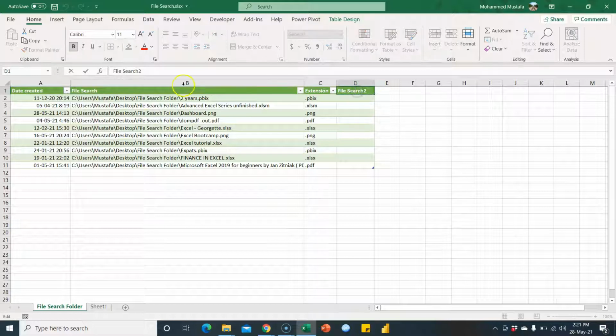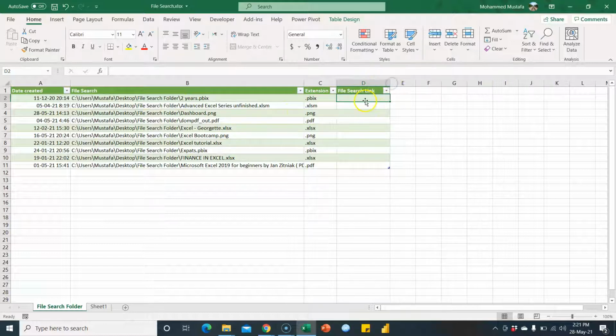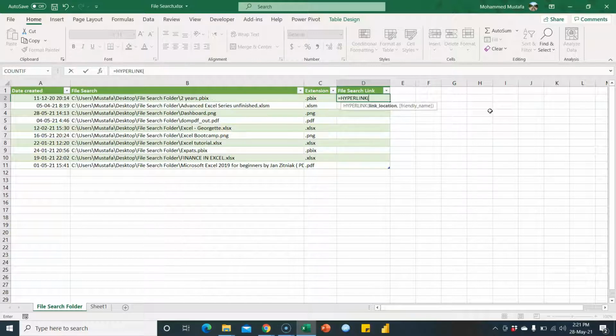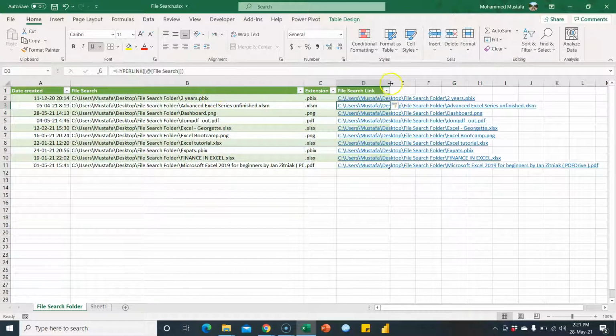So let's give it a different name, and I can type in link because we are going to use the hyperlink function in Excel. So I'll type equals hyperlink, and it's asking us for the link location. All I need to do is point to the file path. Let's close the bracket, press enter, and once we do that, now you can see that I have the file